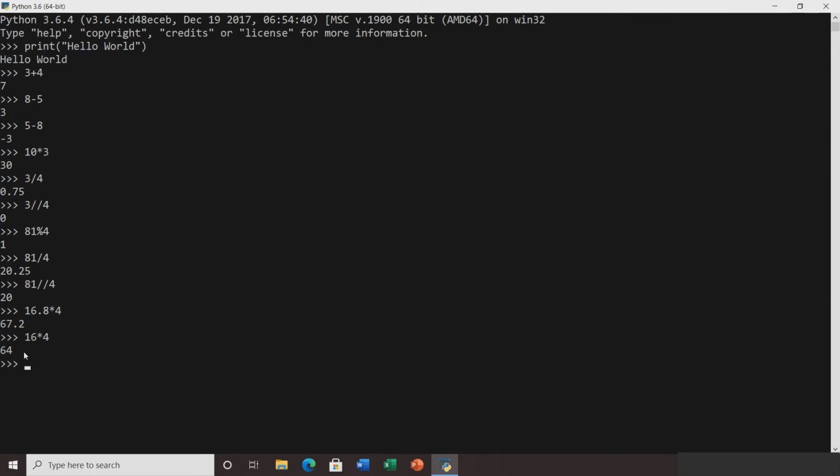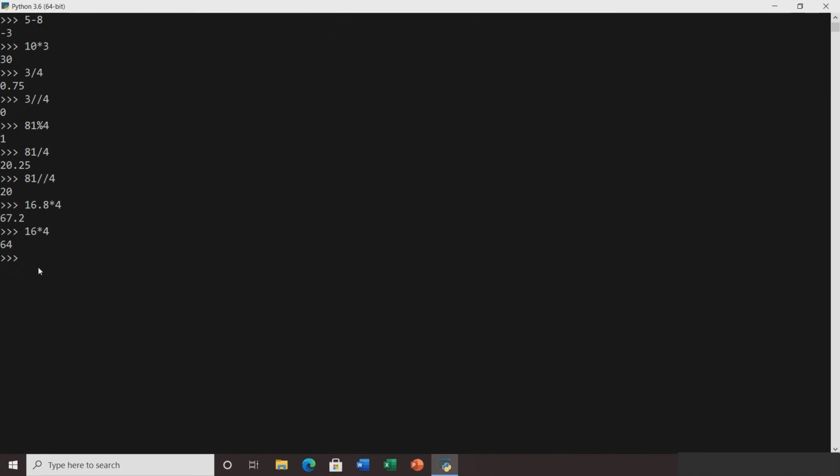Here there will be no floating point number. We can even perform some complex operations. What we will do is 2 into 3 into, in brackets, suppose 8 divided by 2, enter, we will get 24.0. This floating point number comes because we use one forward slash.